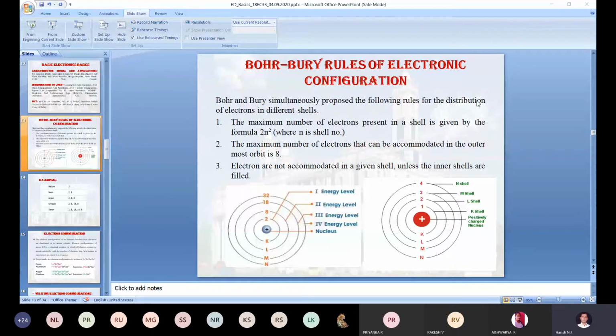Before entering into this particular concept, you can share what concepts you are already aware of or have already studied in your physics or chemistry about this particular topic. And most of the information I have already covered in these slides. If you see the slides, you can tell the information or recollect the information that you studied in the previous semesters.